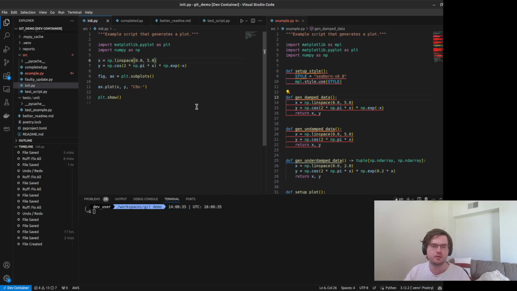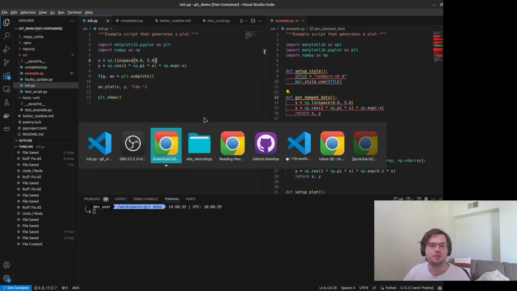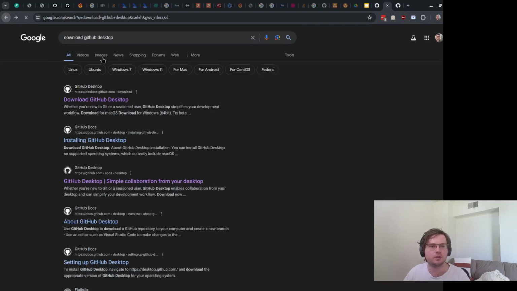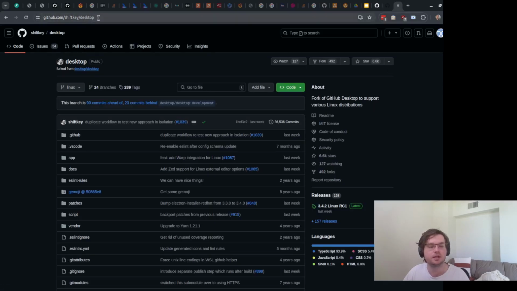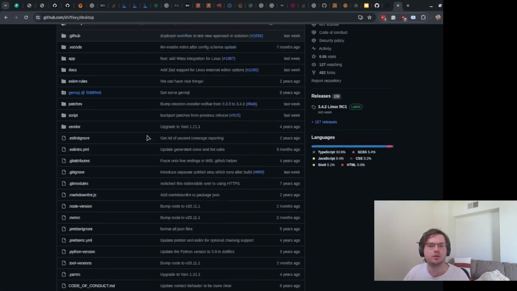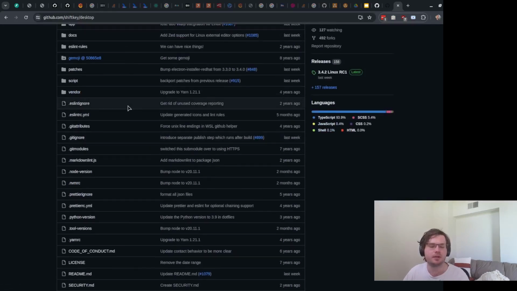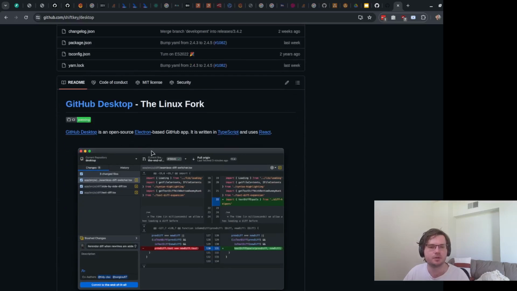All of those things we can do in Git after we've set it up and we have started developing using Git. So the easiest way to do that, especially if you don't have any background in the command line, is to go to Google and just look for download GitHub Desktop. In this case, you're going to have a link up the top there, which is pretty obvious, which is going to have a download for Windows, Mac OS, and then if you're on Linux, you will need to go to this GitHub repo, which you can download the app images from. And I'll provide this link in the description of this video as well.